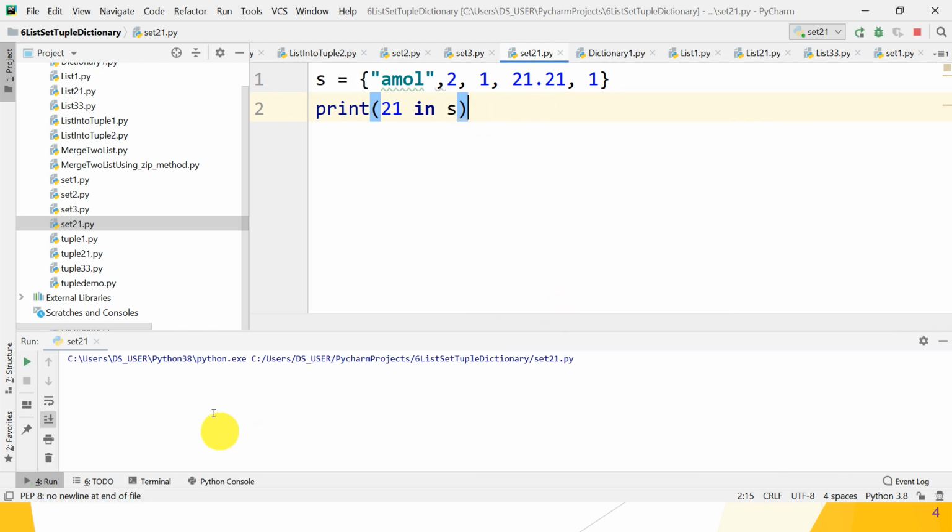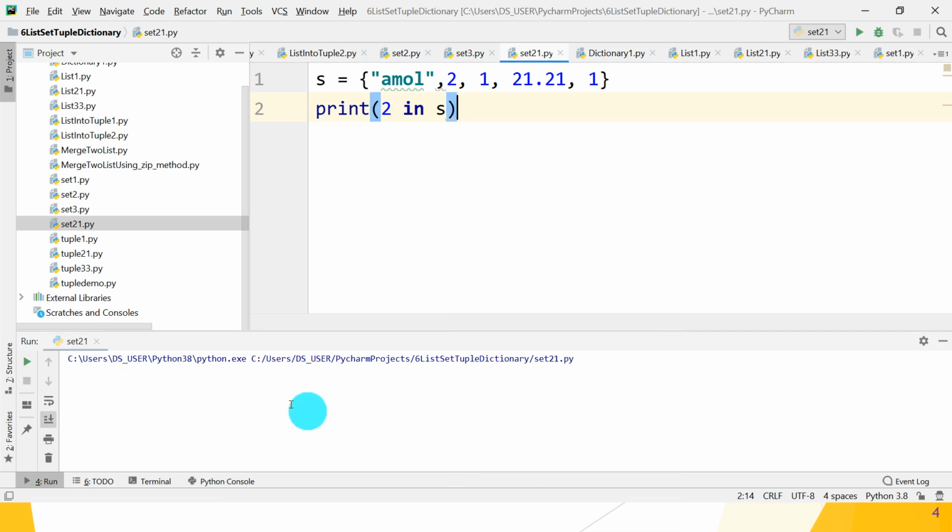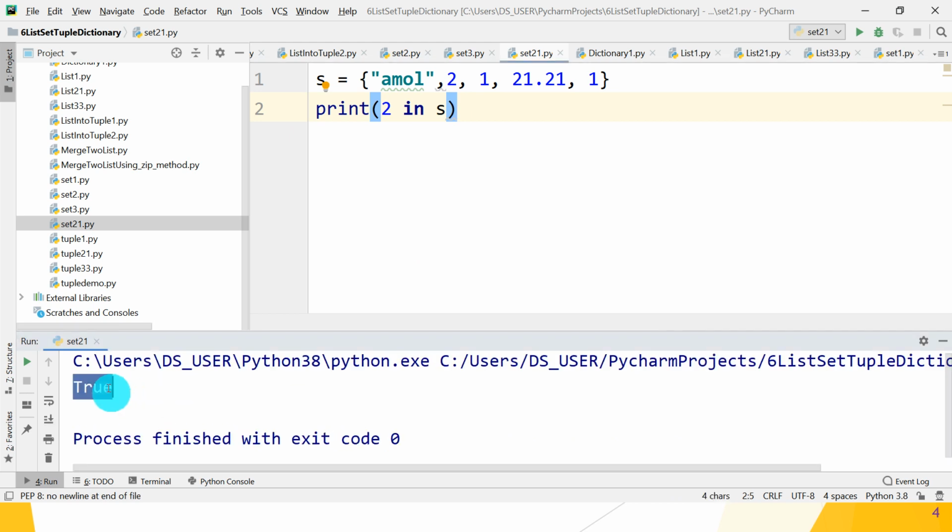Check the output whether it gives you the correct output or not. Yes, great guys, it gives you false. If 2 in S, yes, it gives you true. So searching for an element in the set is very easy using the in keyword.